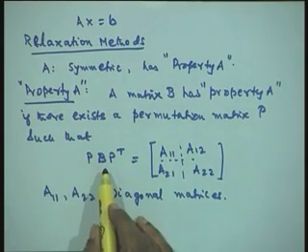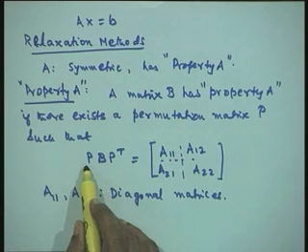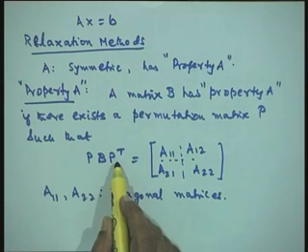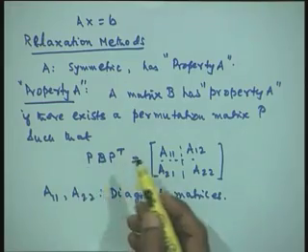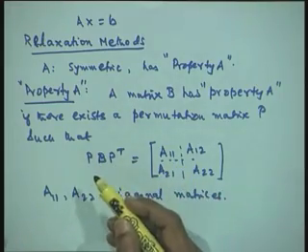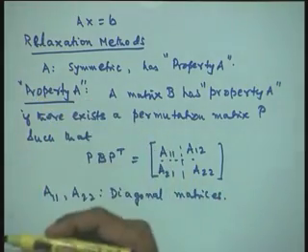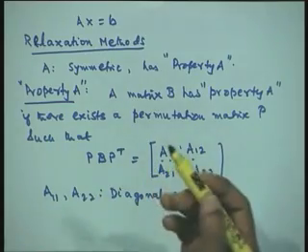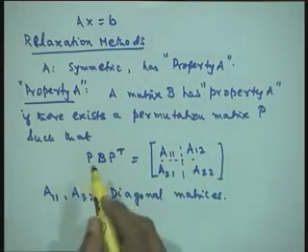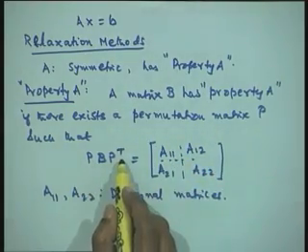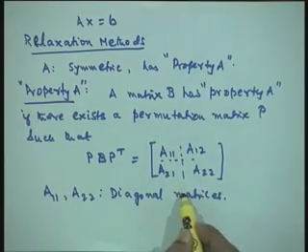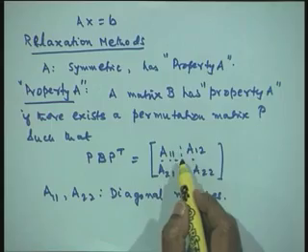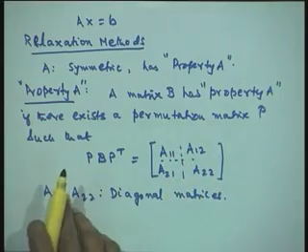What this really implies is, we have premultiplied by P and postmultiplied by P transpose. Therefore, this gives you interchanges of rows and the corresponding interchanges of columns. That is, if you interchange columns 2 and 5, it will interchange the rows 2 and 5. Then I must be able to bring the matrices A11, A22 to diagonal form, with A12, A21 being any two matrices. Then the matrix is said to have property A.